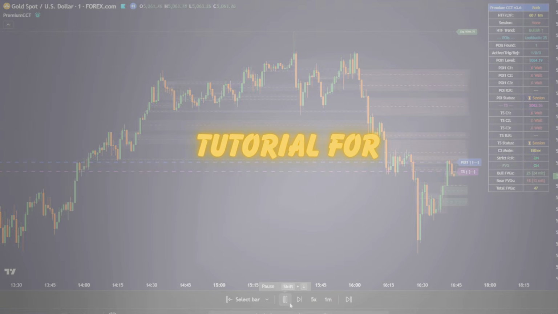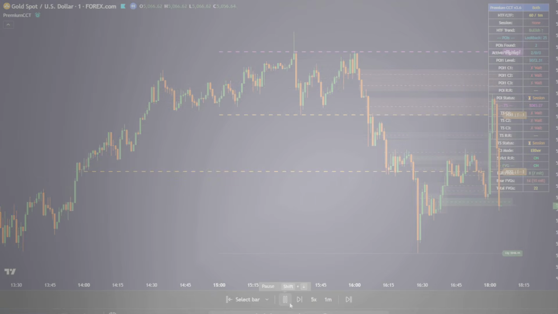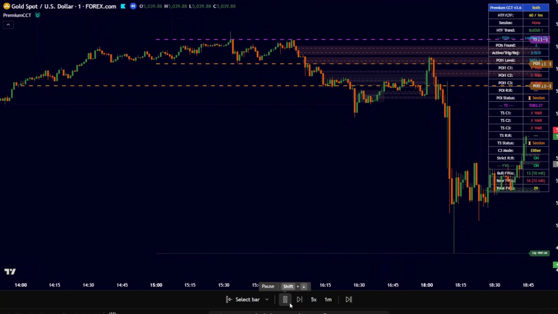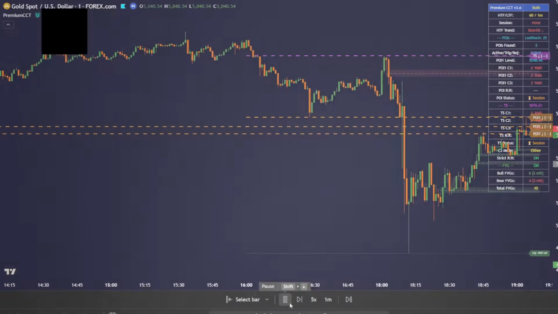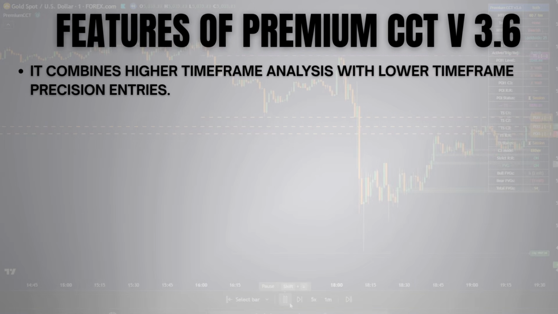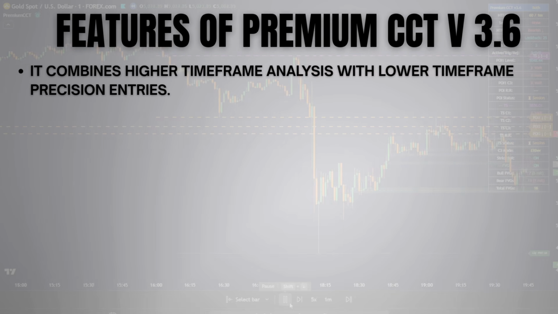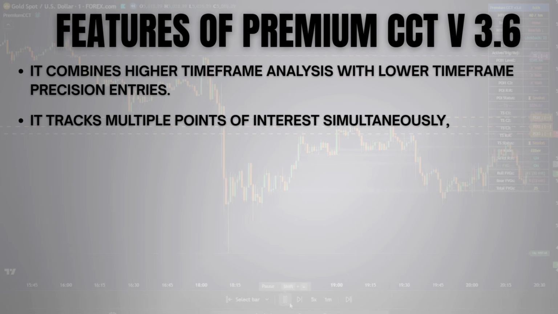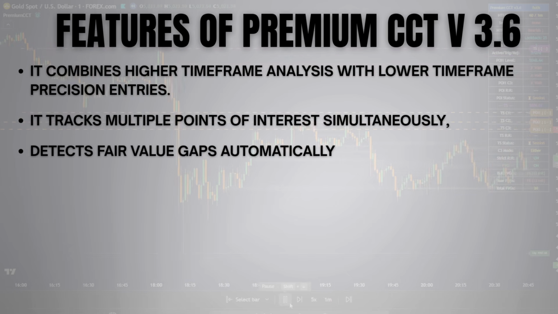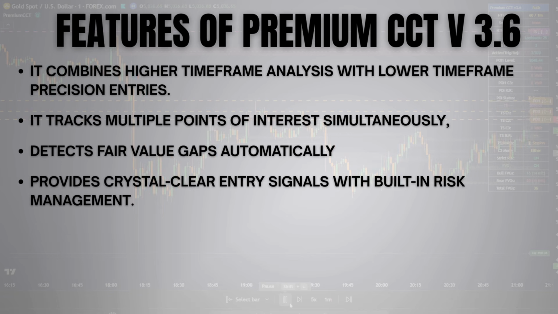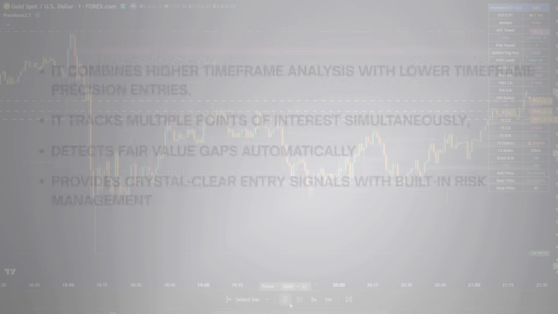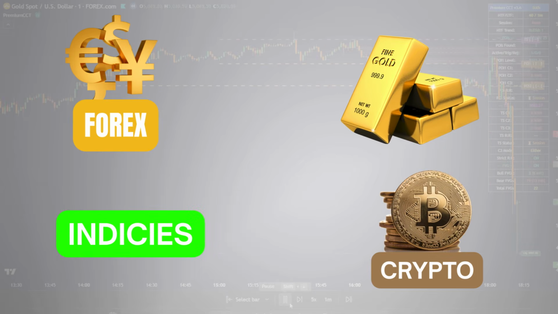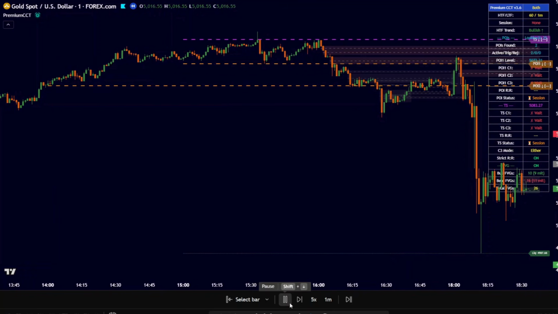Welcome to the complete tutorial for the Premium CCT Indicator version 3.6, the most comprehensive multi-timeframe trading system available for TradingView. This indicator combines higher timeframe analysis with lower timeframe precision entries. It tracks multiple points of interest simultaneously, detects fair value gaps automatically, and provides crystal clear entry signals with built-in risk management. Whether you're trading Forex, gold, indices, or crypto, this indicator adapts to your preferred time frame and trading